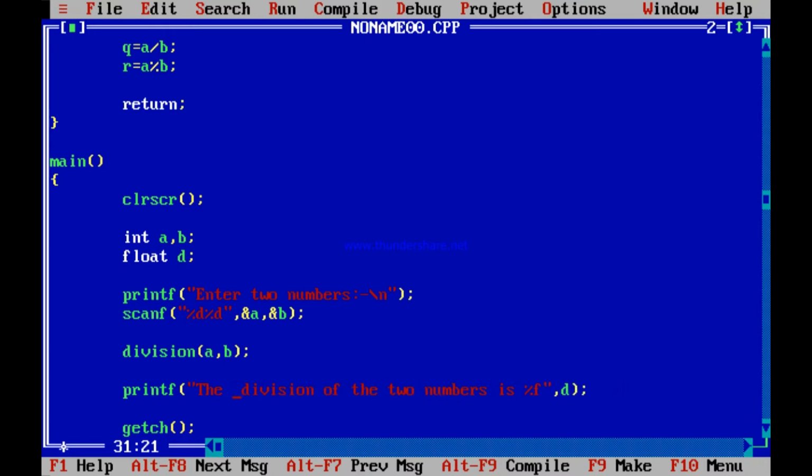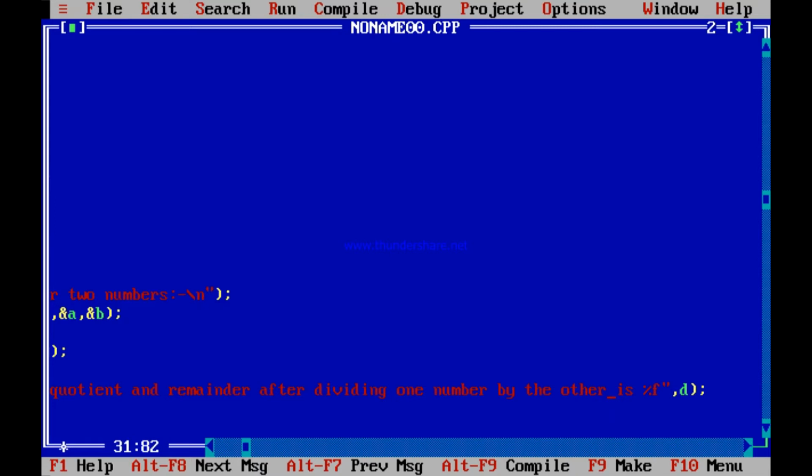If I write like this, the quotient and remainder after dividing one number by the other are %d and %d, and over here, if I write q, comma r, see what I mean to say.